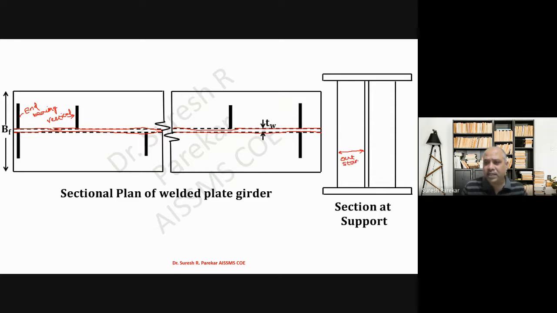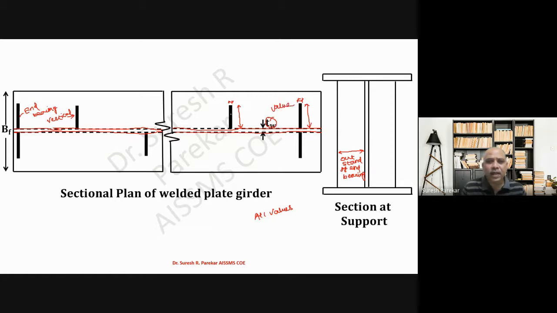So in the last diagram we have outstand of vertical stiffener. This is outstand of end bearing stiffener. So those values you have to write down over here. You have to keep in mind, you have to write down all values. Now here also you have to write down whatever outstand you have of vertical stiffener. Then whatever thickness you have of vertical stiffeners. Then the thickness you have for end bearing stiffeners. Then you have to write down whatever outstand of this. And then here you have to write down the value of TW.